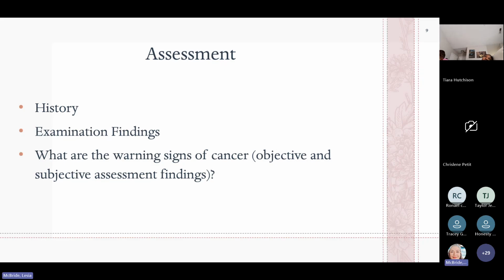Again, we may see lesions, we may see some asymmetry in an area. A tumor we may be able to palpate. For instance, breast tissue may not feel the same. That's the reason why it's important to do your breast self-exam in the shower every month, about the same time each month, so that you can make sure that everything is the same. Check underneath your armpits, make sure there's nothing palpable there.